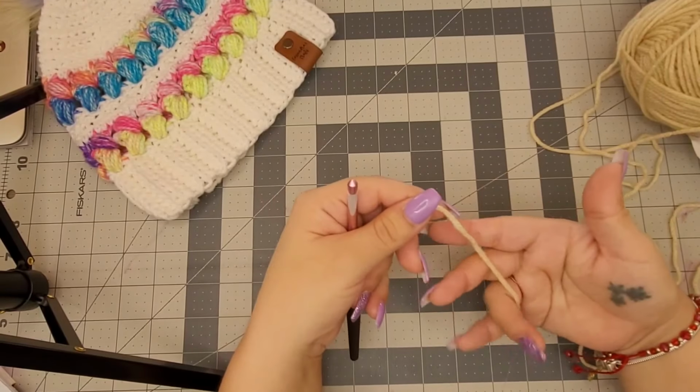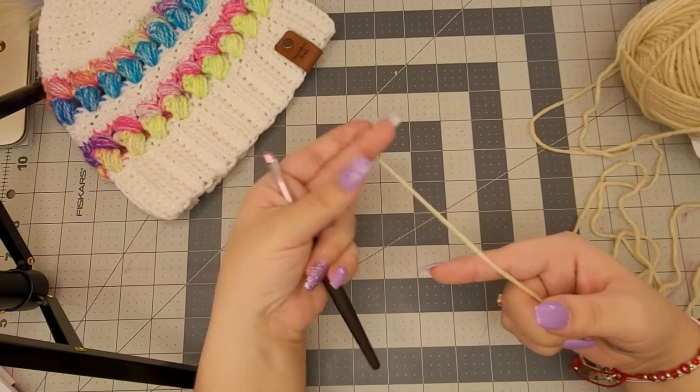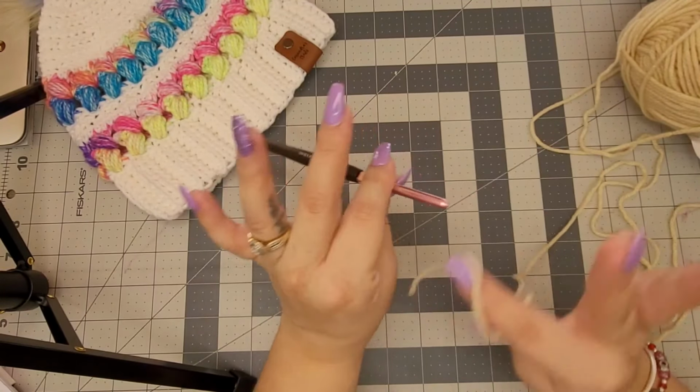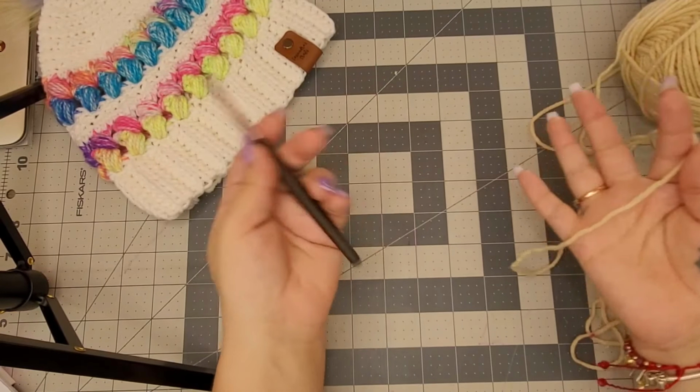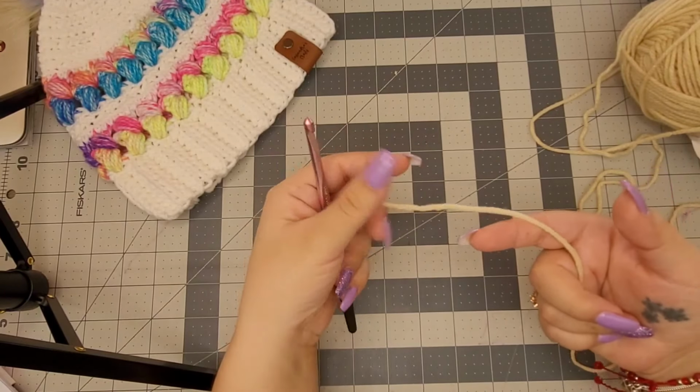Okay, so I'm gonna go ahead and make a slip knot, and the way I do that is I take the end of the yarn, and let me back up, I am left-handed. So that's why everything's gonna kind of look backwards to right-handed crocheters, but sorry, I'm a lefty. Okay, so back to the slip knot. What we're gonna do